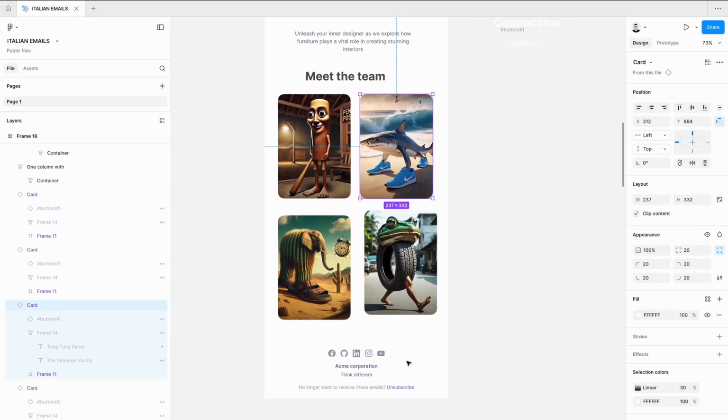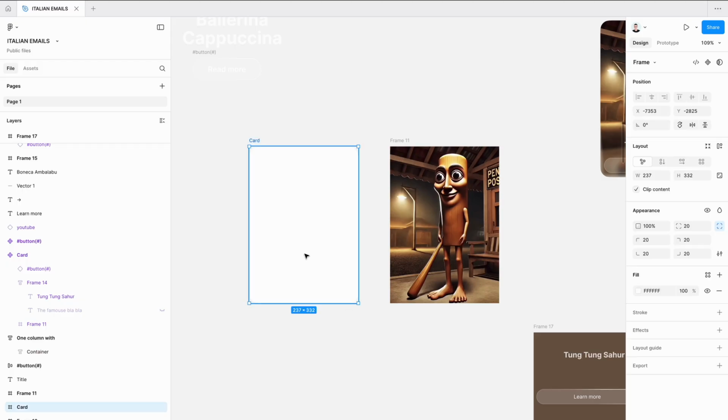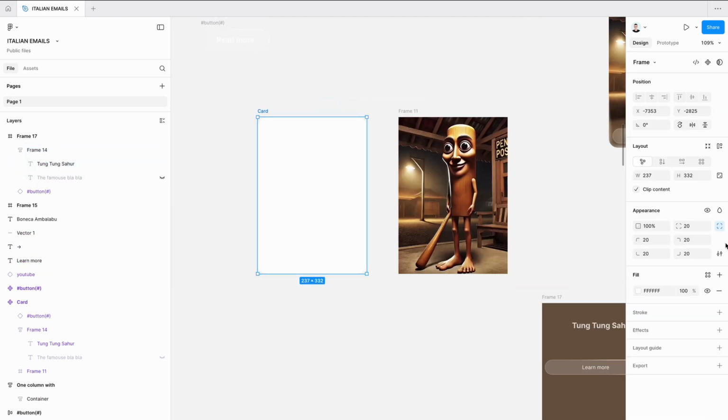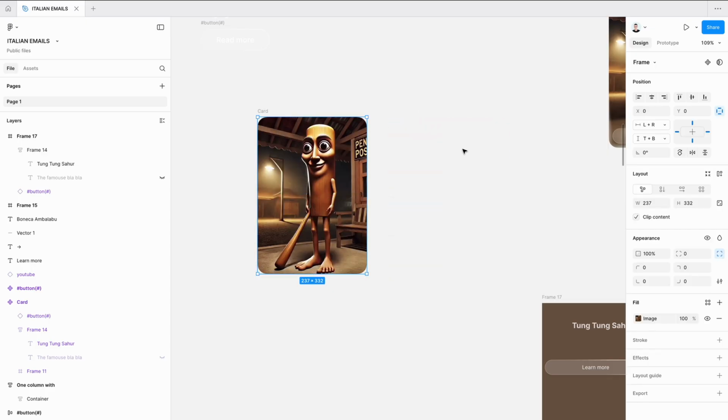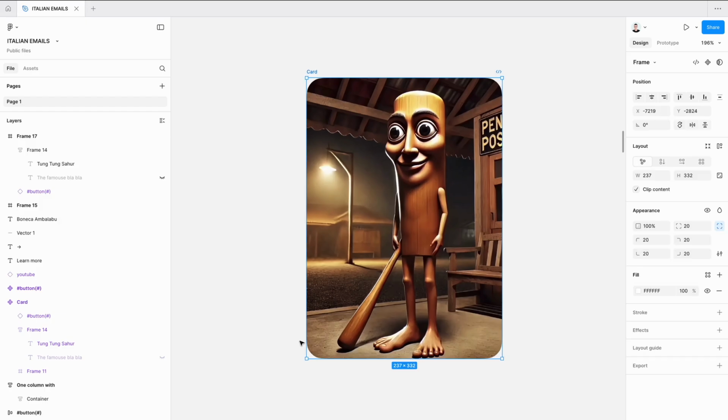Let's add Progressive Blur to the card with team members. Here is a container for our card. It's a simple frame with a border radius, an image, a button, and text. The card has a border radius, and do not forget to set clip content for the container card. With this option, if you put your image inside the card, the image will have the same border radius as your